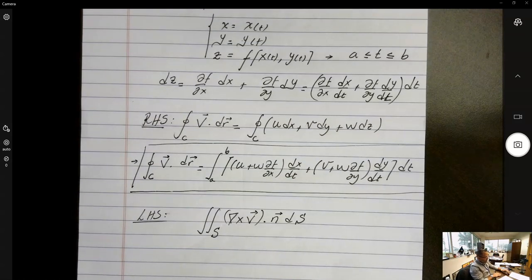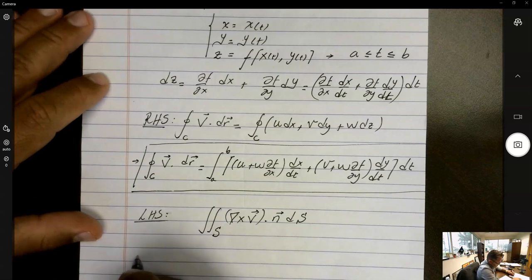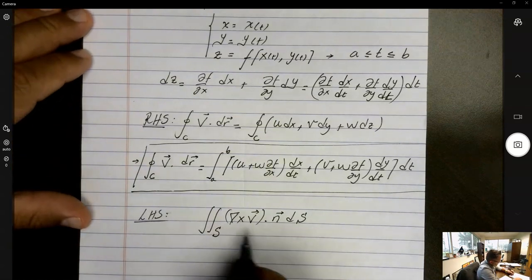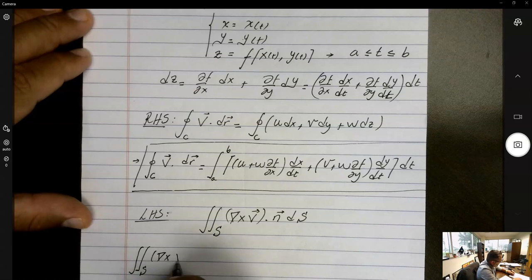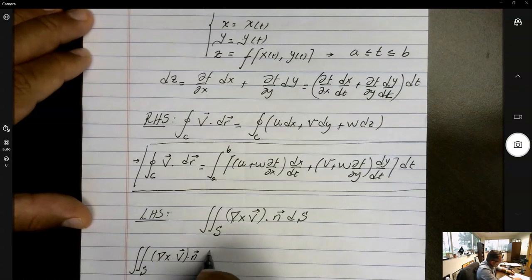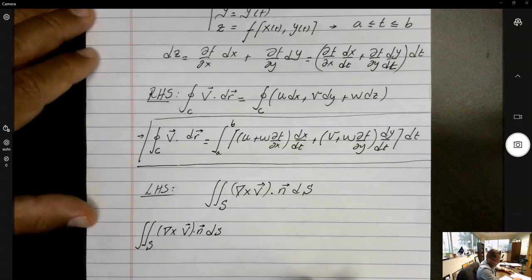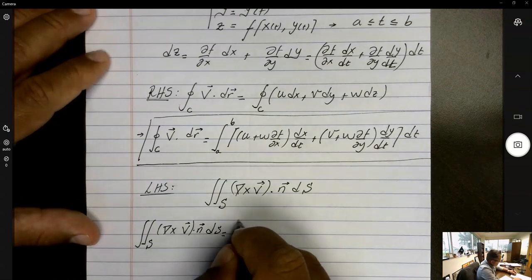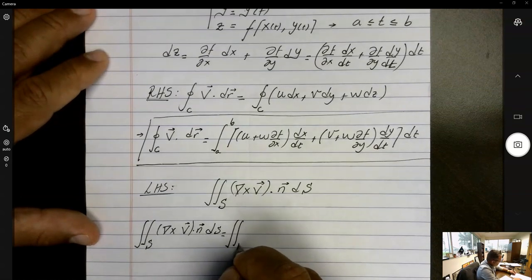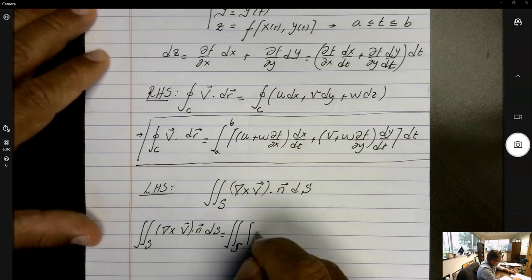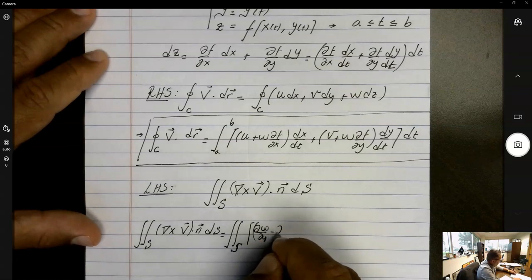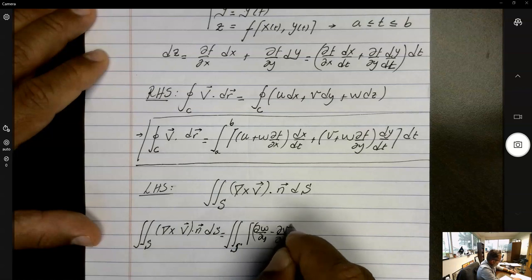So the left-hand side becomes, so this integral, I'm just going to write it out. Is equal to the integral over the surface